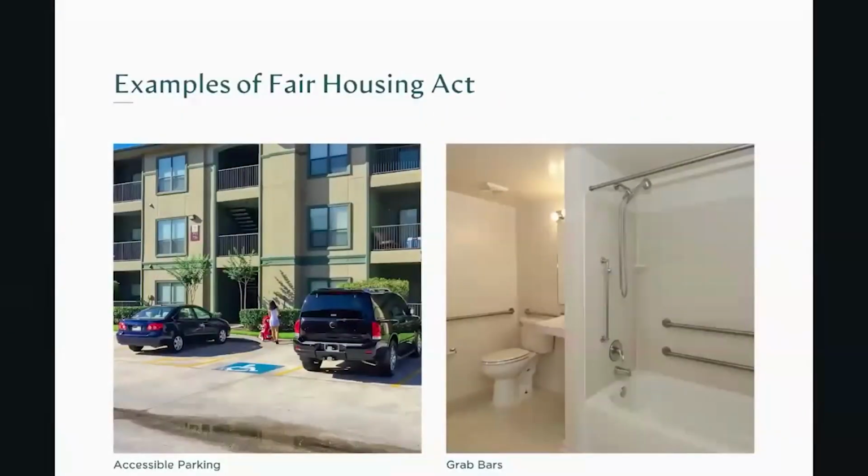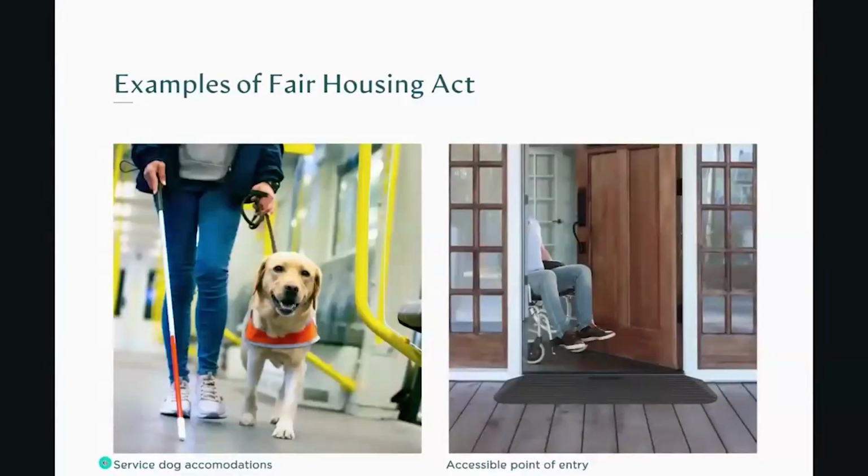So some examples of the Fair Housing Act: accessible parking. So having accessible parking in apartment or multifamily complexes is required under the Fair Housing Act. Grab bars. So not necessarily a full accessible bathroom is required with a curbless shower or a roll under sink, even though this one does. Really, grab bars are one of the only things that are mentioned when it comes to accessibility in multifamily